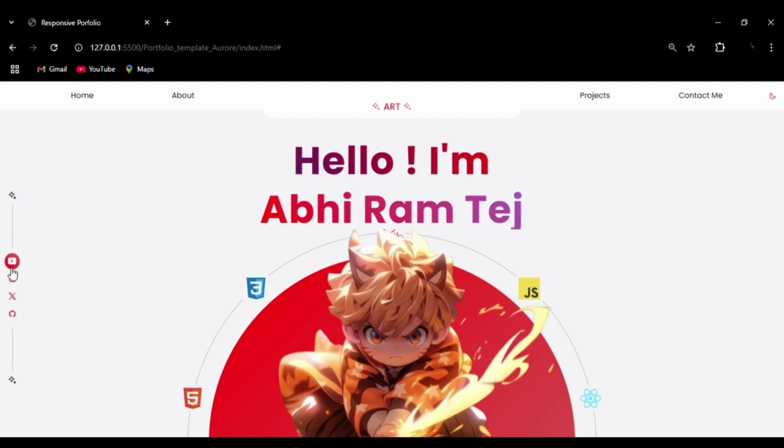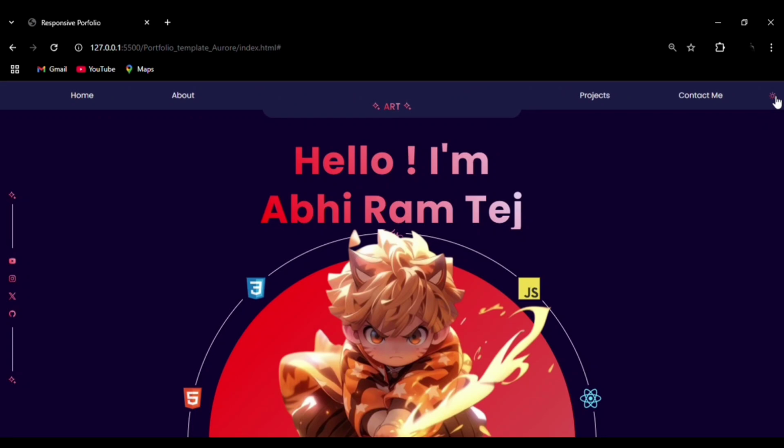As you can see, right now we are in the navbar. You can see the underline effect below it. Now you can see the animation effect. Whenever you hover onto the main title, you can see the underline effect for the navbar. And you can see the theme change button, that is the moon button. You can change the theme of the